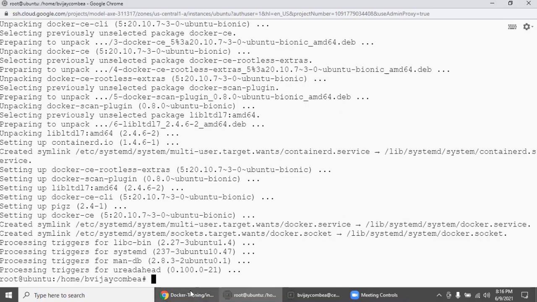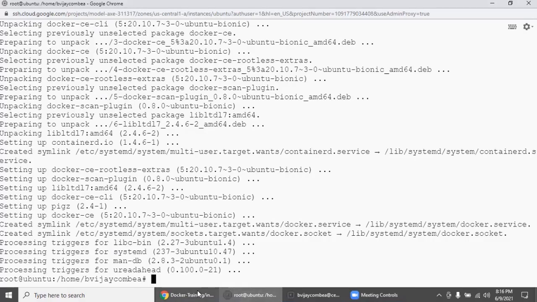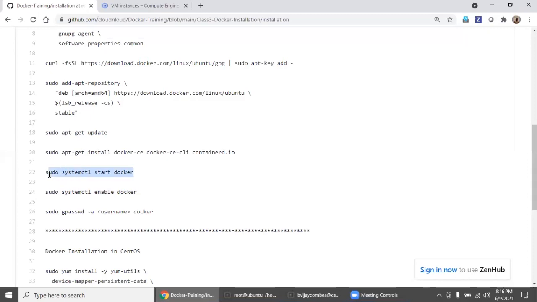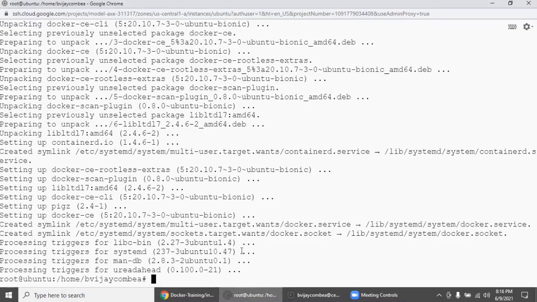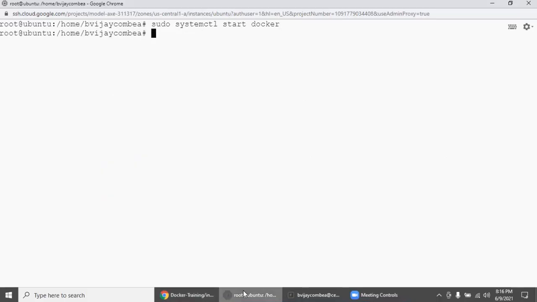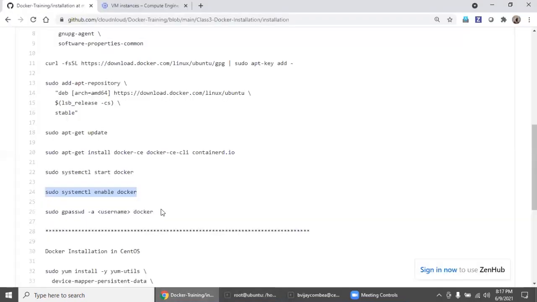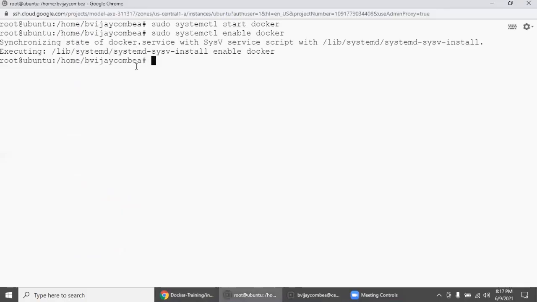So it's installed. Now we'll go one by one. We will start Docker, and then across reboots we will enable it. And then, for example, this command you need not run, because remember we are installing as root only.